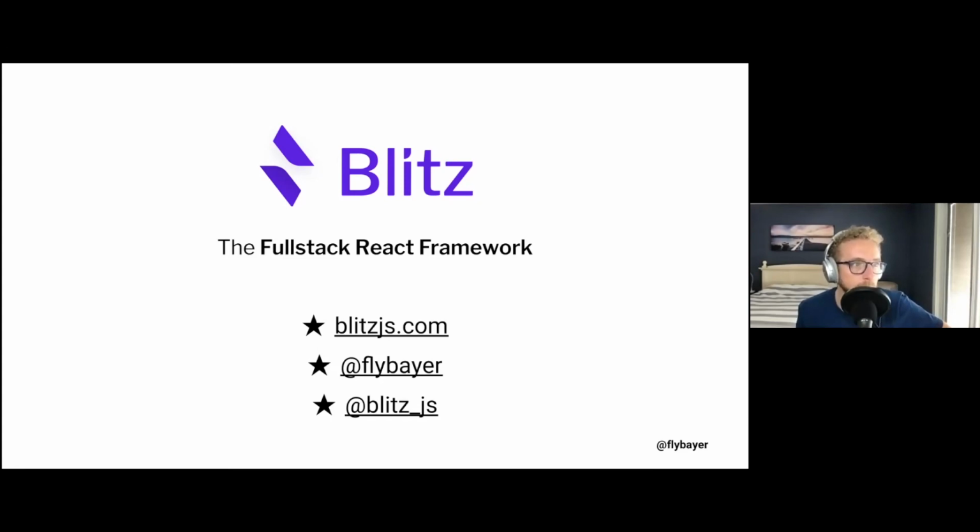What are the main differences between Blitz and just using Next.js? So Blitz provides a ton of stuff on top of Next.js, like the authentication, the zero API data layer, all the CLI code scaffolding. So there's really a ton of stuff. And we have a specific page in the documentation that says why Blitz instead of Next.js, and I go into more detail about that there.